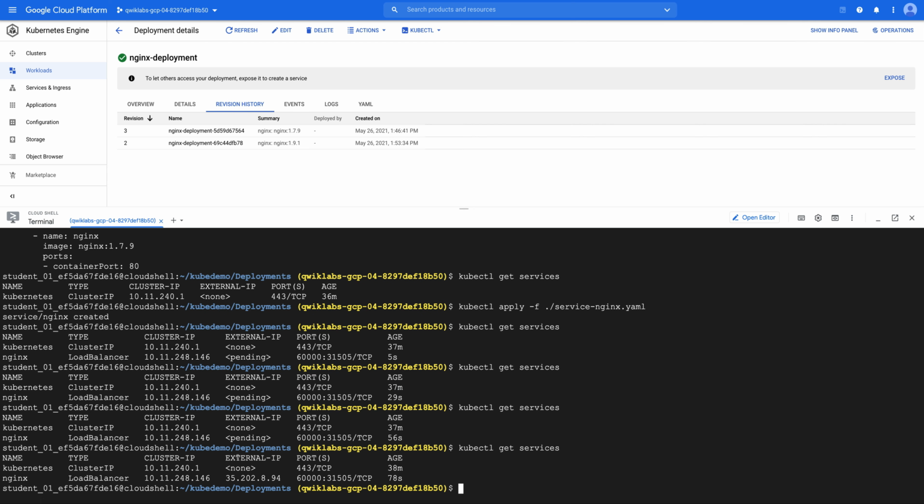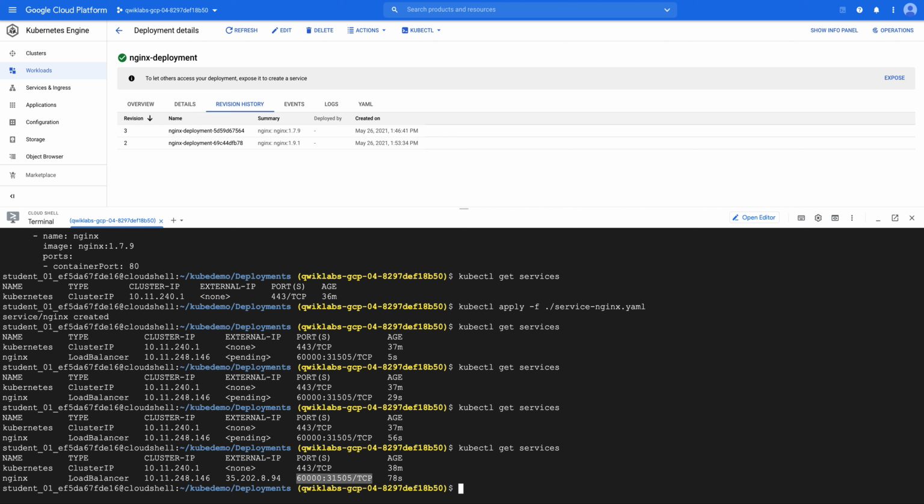So now the external IP is created. What it is doing is exposing our pods on this IP and this port for that service, and it is connecting to these ports of our pods. So it is fetching them directly, and Kubernetes is helping it to get that dynamic port.